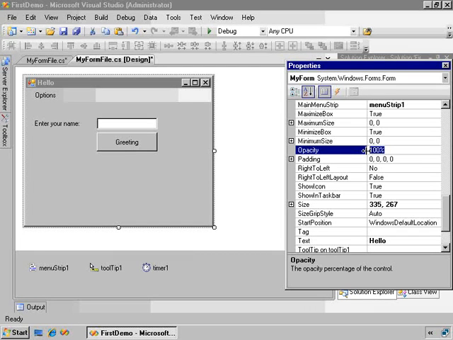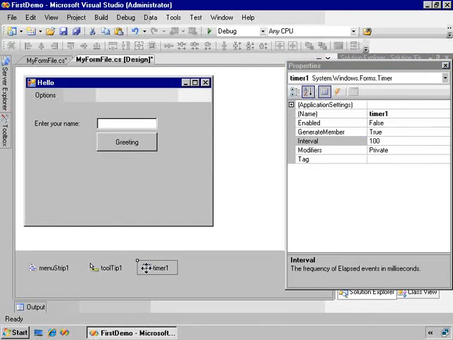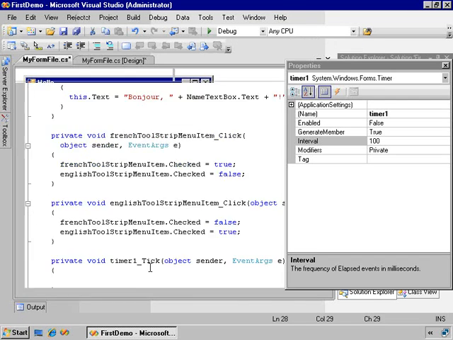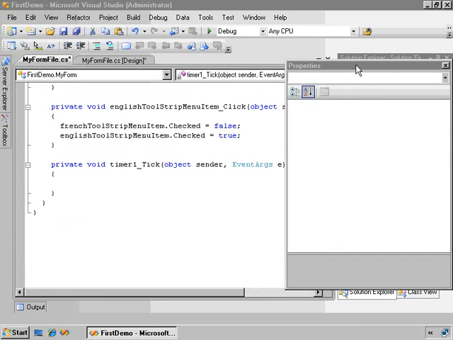What we're going to do in the timer component is, as it ticks away, because it will run at regular intervals specified by this property, we're going to set the opacity property to smaller and smaller values. Well, let's try this. First of all, I'll double-click on the timer, which will take me to the tick event